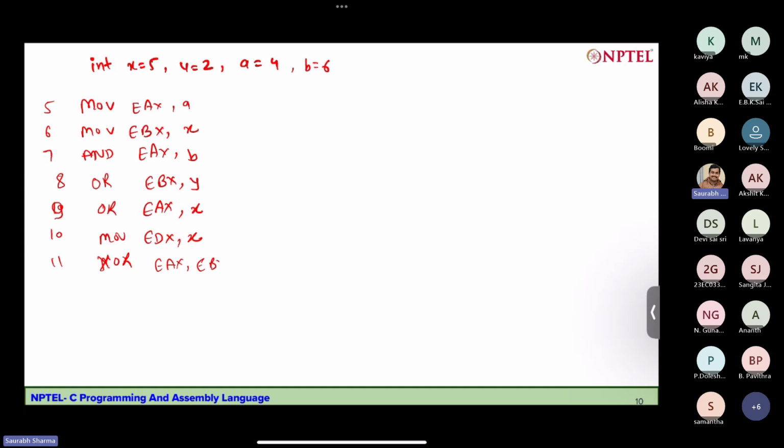So if we go like this, for each instruction we are having two registers here, and